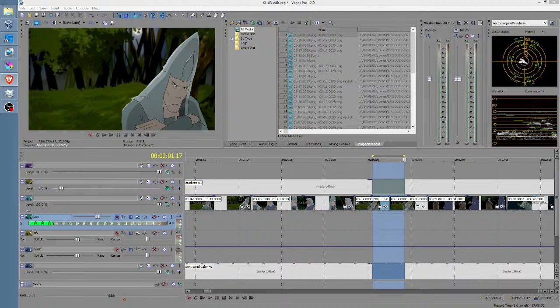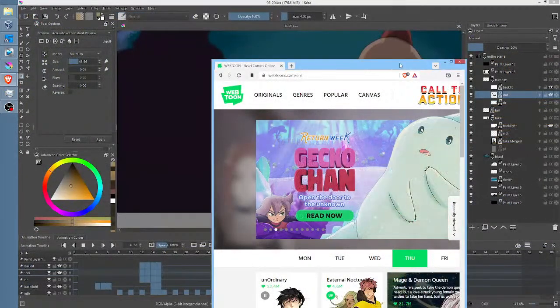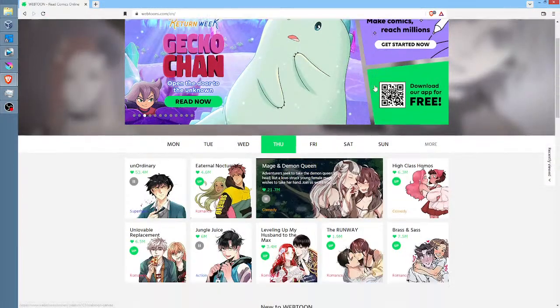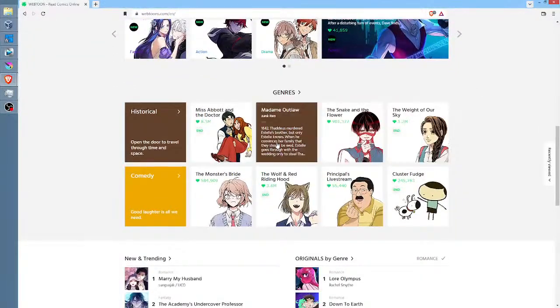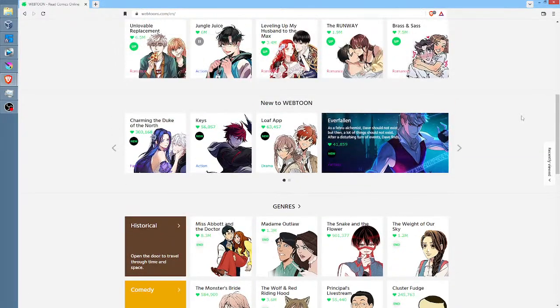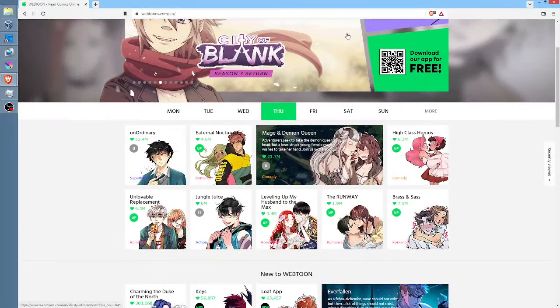Yeah, webtoon.com has some really nice storytelling there. And there are some artists doing really nice quality work on this site, so if you're into that sort of thing.